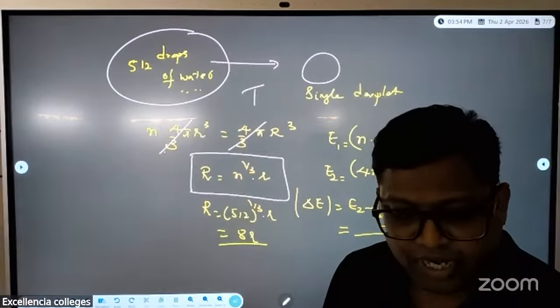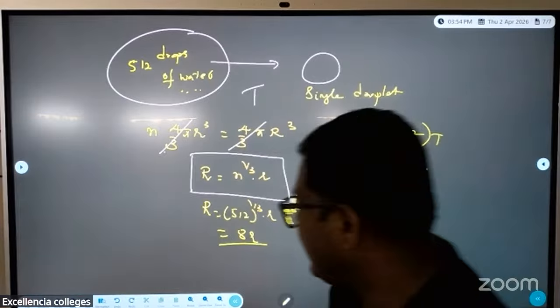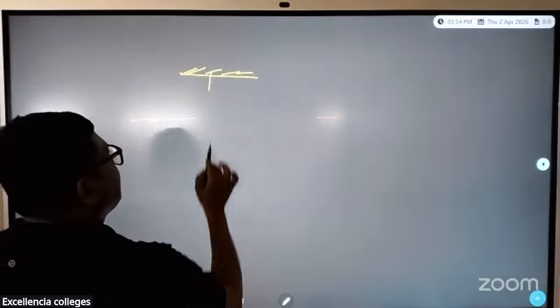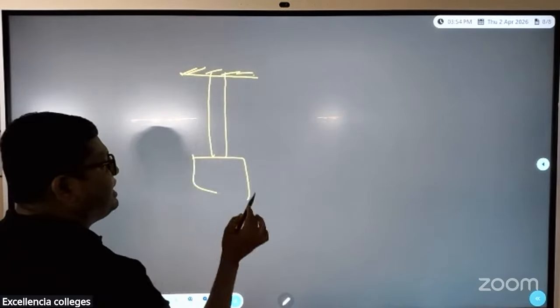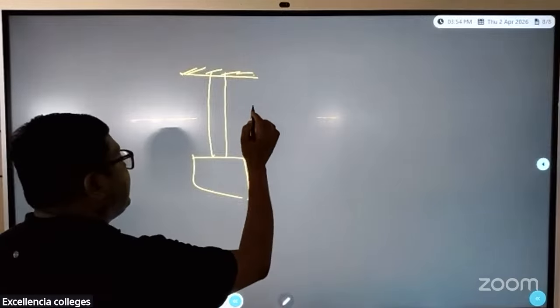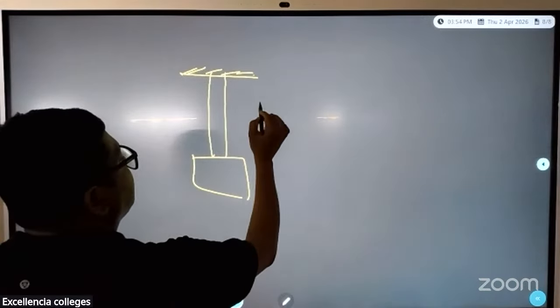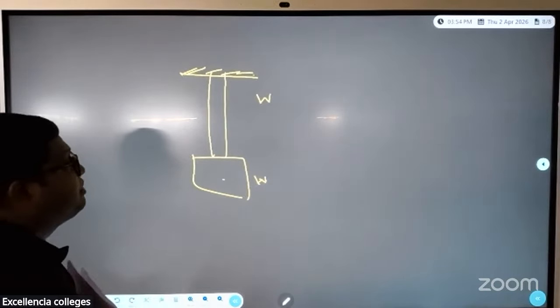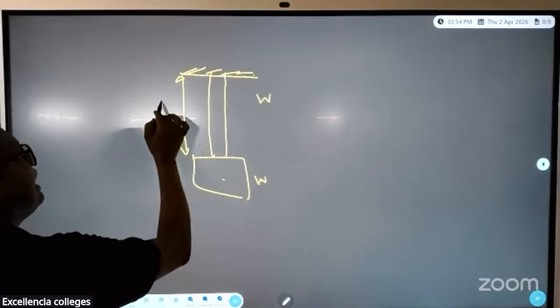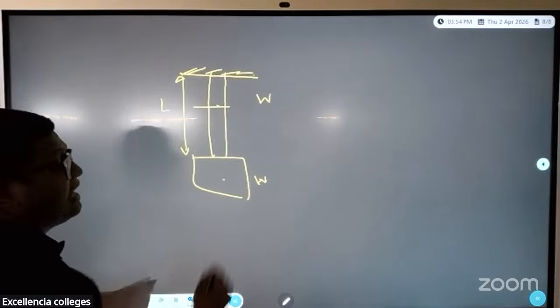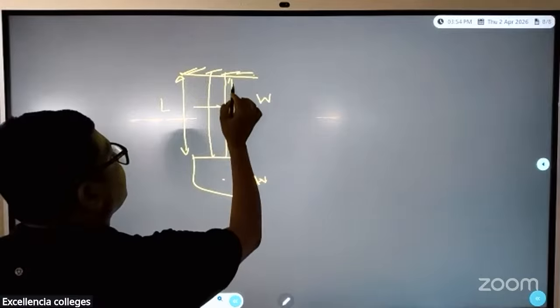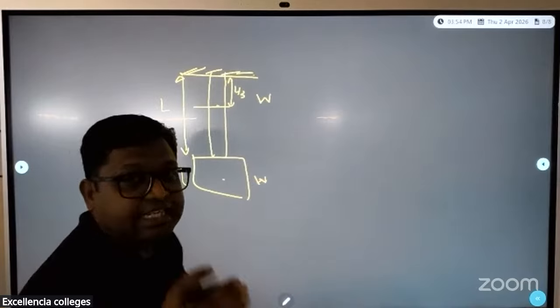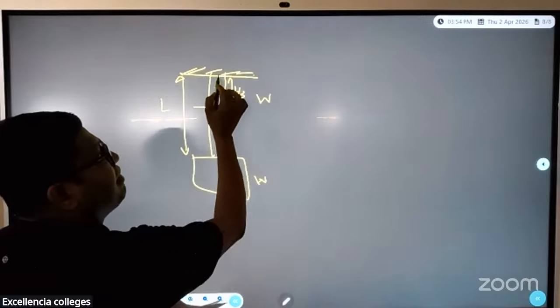Now, there's one interesting and very simple question which also came from the chapter of elasticity. Just by looking at the question, people can easily answer. See, there is a wire which has been taken. The weight of the wire is W, and the weight of the string on the wire is also W. The string has length L. You are asked to calculate the stress at a distance L by 3 from the fixed end.